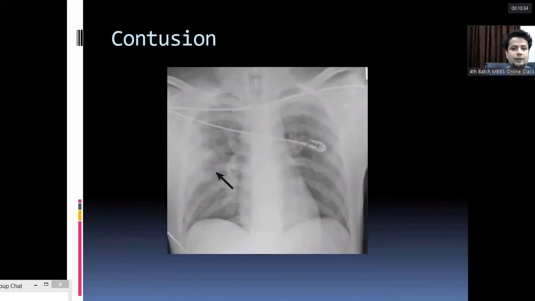Consolidation may also be observed in case of trauma. If there is consolidation in case of trauma, then that is not infective. It is lung contusion. So the diagnosis depends upon the clinical history also. Here you can see fluffy ill-defined opacities in the right upper and middle zone, and this ill-defined opacity is associated with rib fractures. So this is a lung contusion.